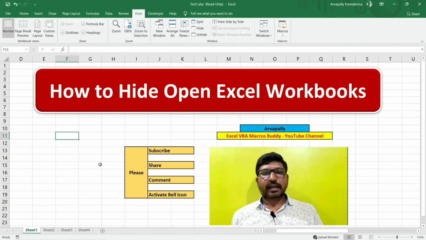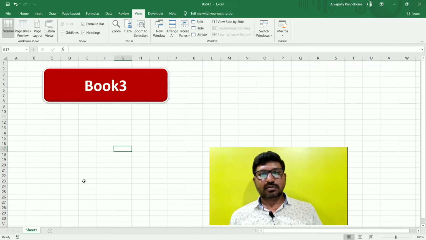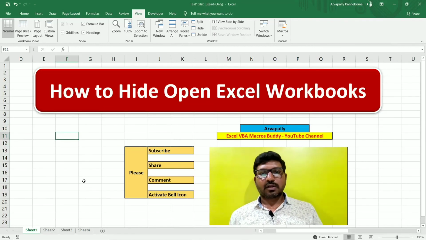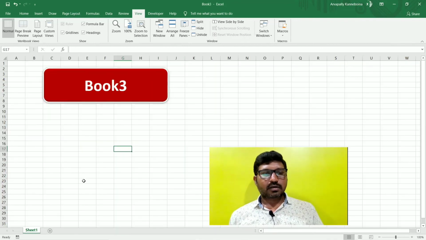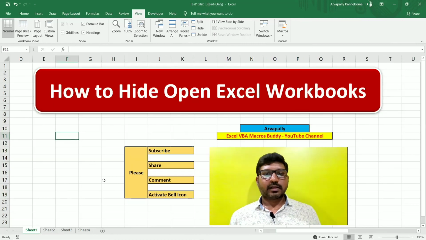So right now we are active on the Excel window, right? So we'll move only between Excel files. See, I'm pressing Control Tab. It moves one by one. So which one do you want to work on, book 3? You can simply work on it. Otherwise, you can switch until you reach your favorite file.